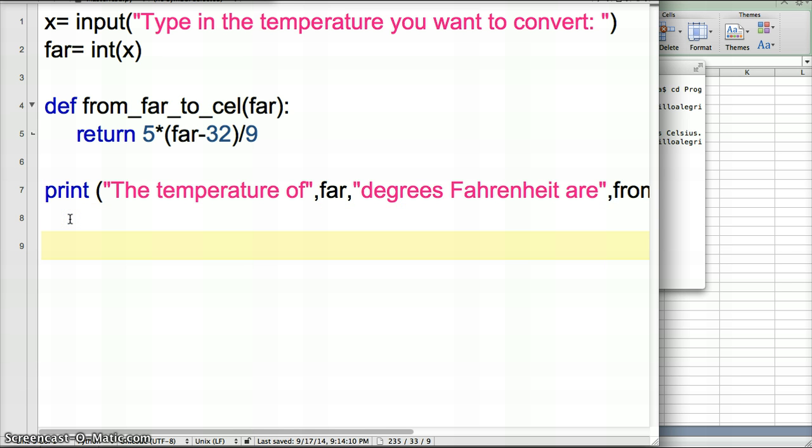to add an if conditional. In this case, I'm going to add a little note that says water is boiling at this temperature, or water isn't boiling at this temperature. So in order to do this, we have to put the if conditional, and if from far to cel, far